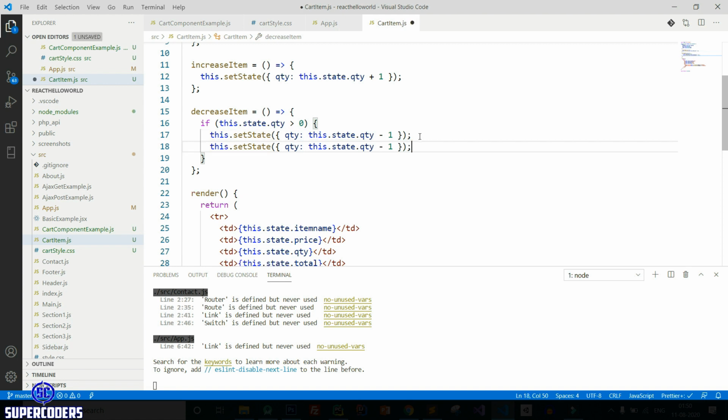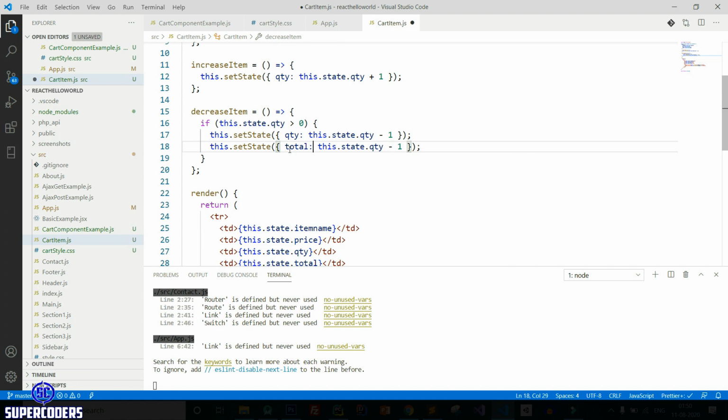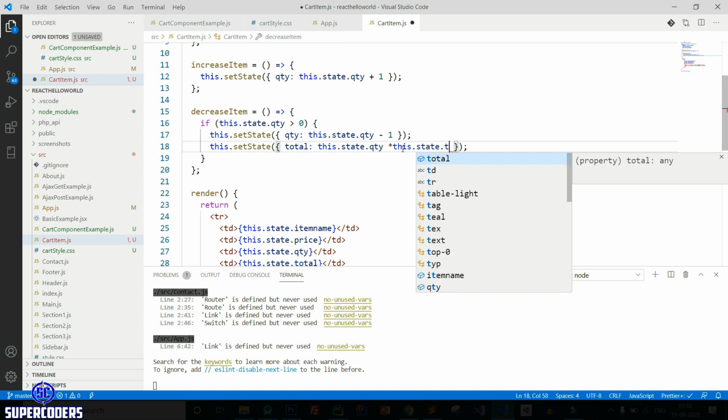So here, copying the same line, then total: this.state.quantity into this.state.total.